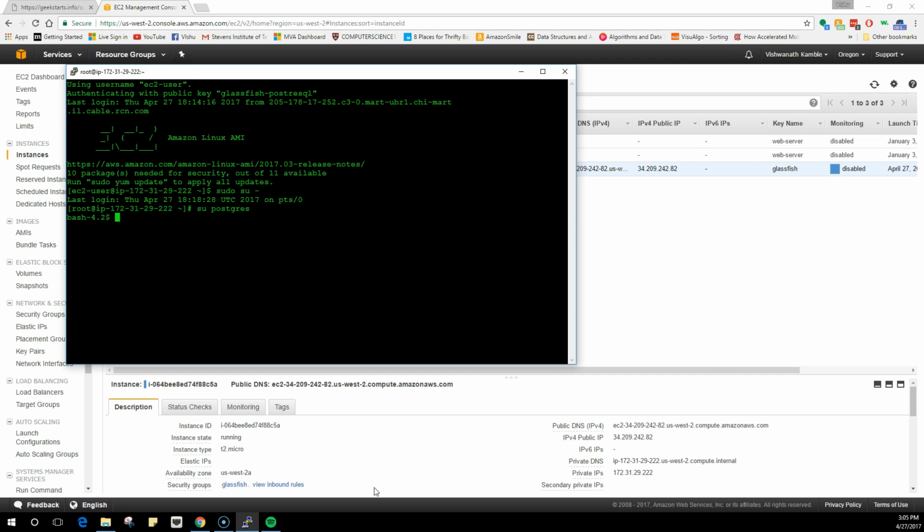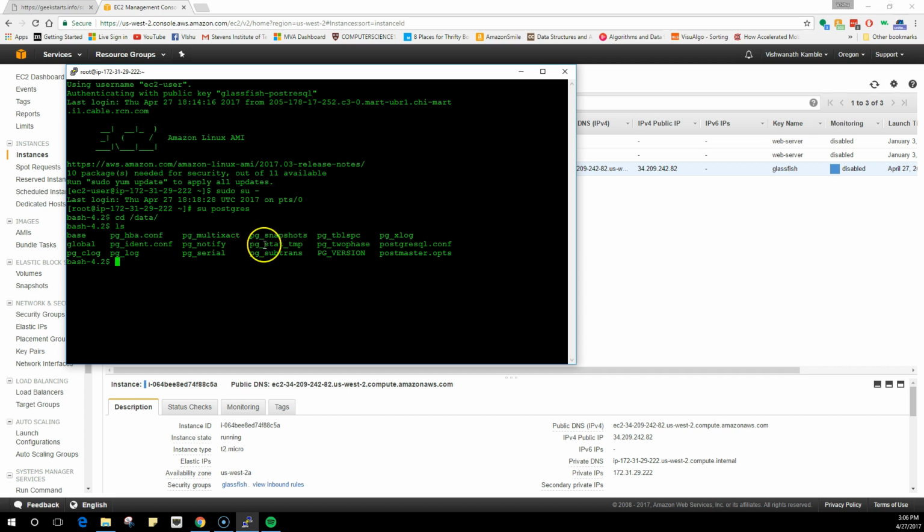So what we are going to do first is see what is in cd slash data. If I do cd slash data and an ls, it gives me all the configuration files and the other files in the data folder. So postgresql.conf is the Postgres configuration file, and pg_hba.conf is like the client and user configuration file, I guess. We'll look into that.